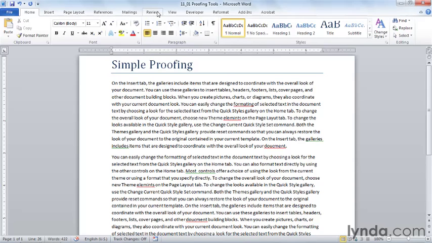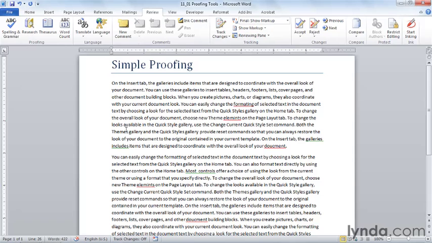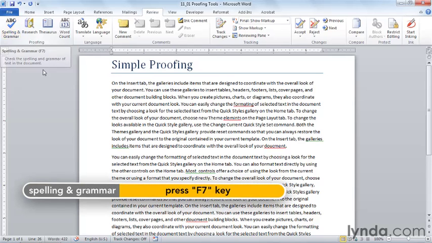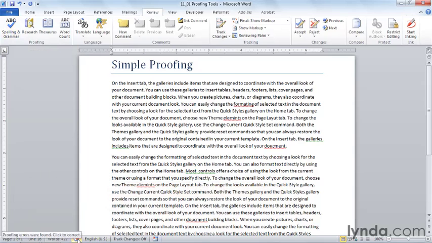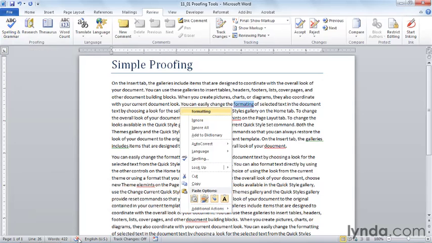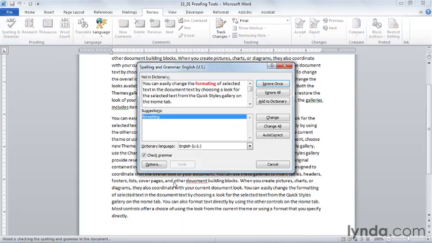We'll find all of the proofing tools on the Review tab in Microsoft Word 2010. At the left, you'll see Spelling and Grammar, Research, Thesaurus, and Word Count. So I'm going to ask Word to check my spelling. I can either click here, I can press the Function 7 key, or I can go down to the Proofing Errors icon, the dictionary with the red X on it, and click to do this one by one. But I'd like to take a bulk approach to checking all of the spelling and grammar in my document. So I'll click Spelling and Grammar.